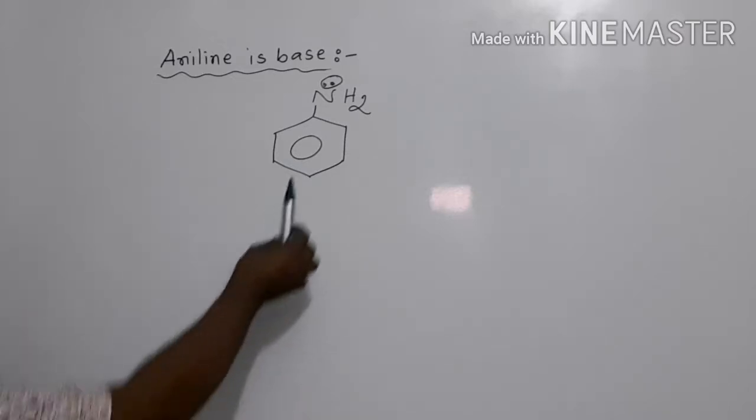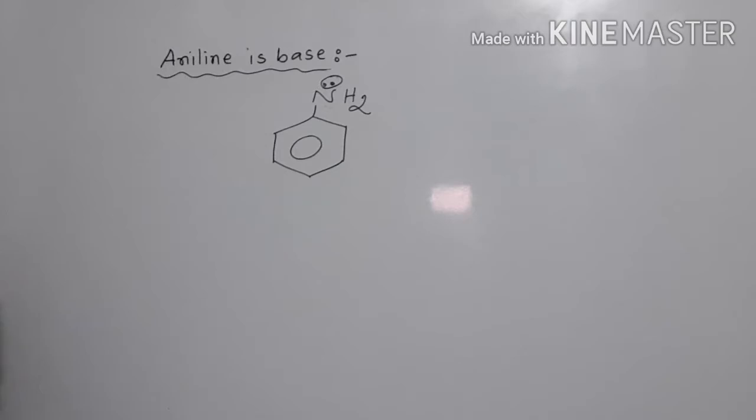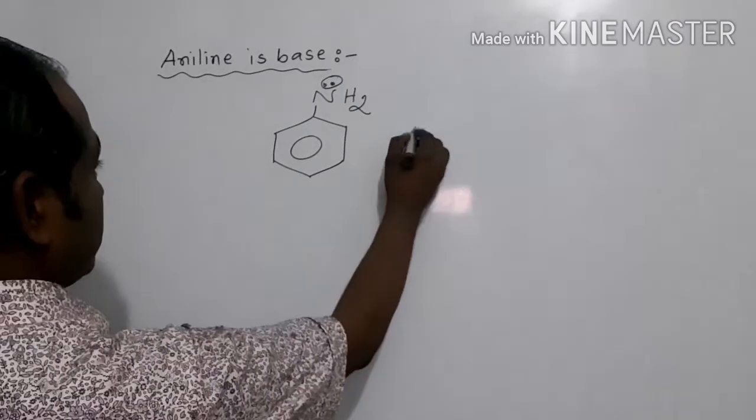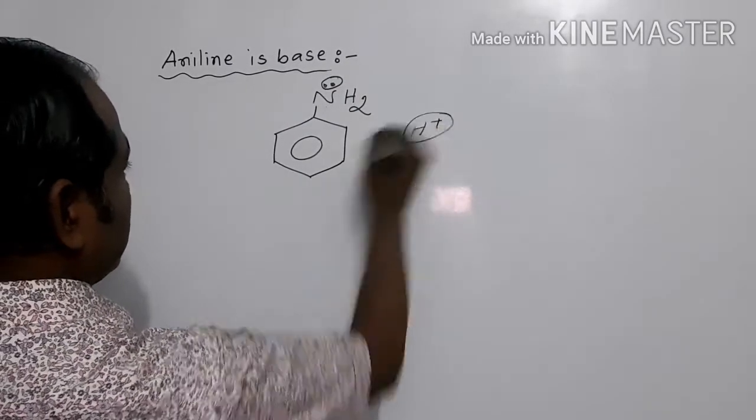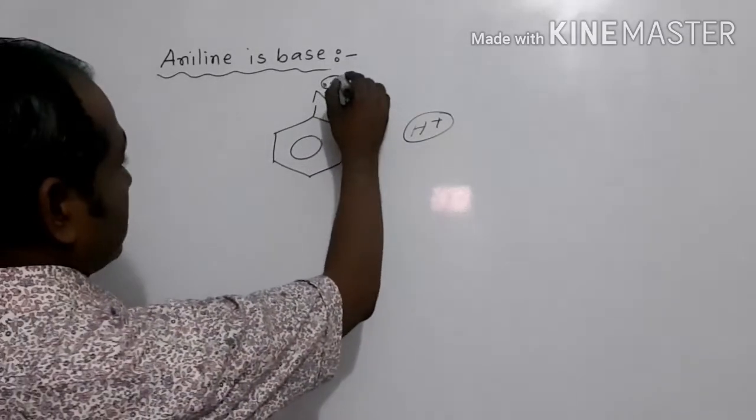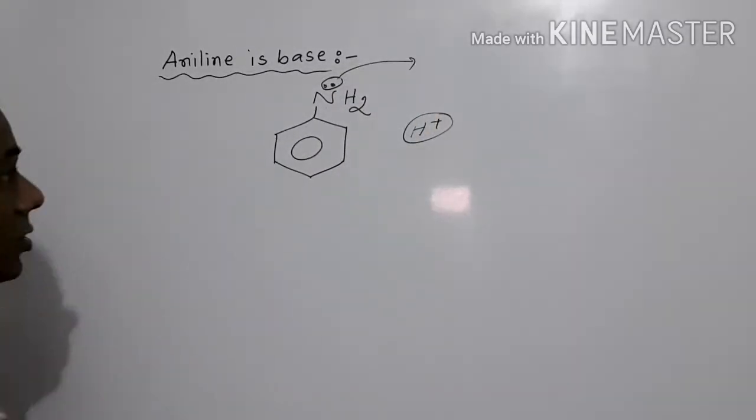It can act as a donor of a pair of electrons and can act as an acceptor of proton. That means it can donate lone pair electrons and can accept proton. According to Lewis concept,